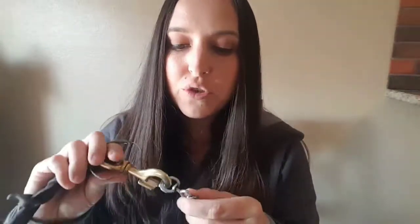Another safety precaution is, I found, and I know a lot of trainers have had issues with the swivel. For some reason, the clip comes off. The dog shakes and it comes off. It's really weird and random. But I have another precaution. There's lots of little ideas out there. You may find another one, but I use this. It's just a little wire ring. You can find them at your Home Depot or whatever. And once you just untwist it,